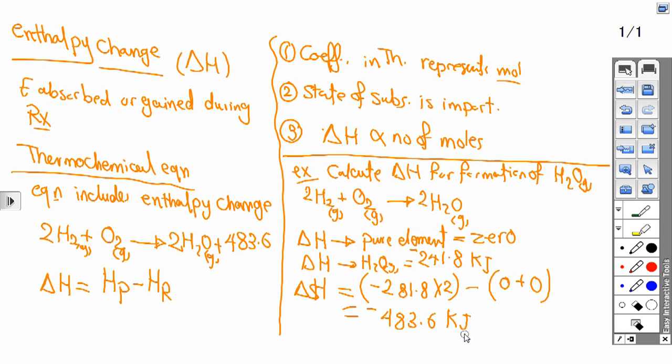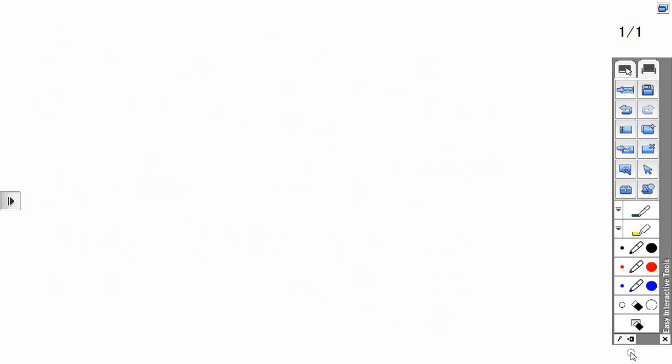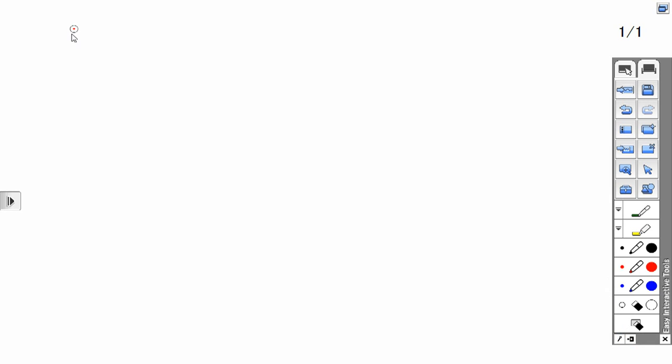But how can we put delta H in the equation? We know now the energy change is negative 483.6. How can we put this number in the equation? To put this number in the equation, first you have to know the type of the reaction. What does the type of the reaction mean? Delta H